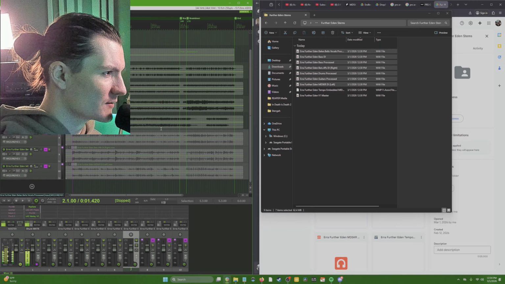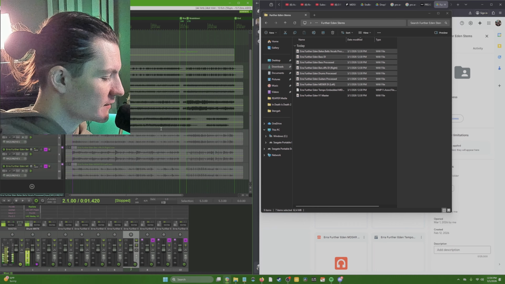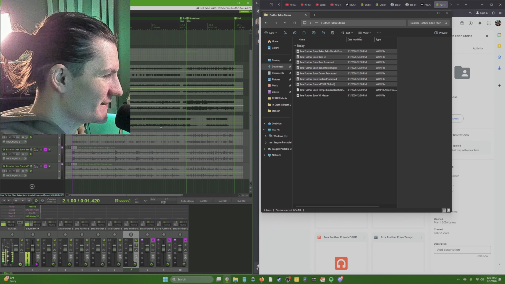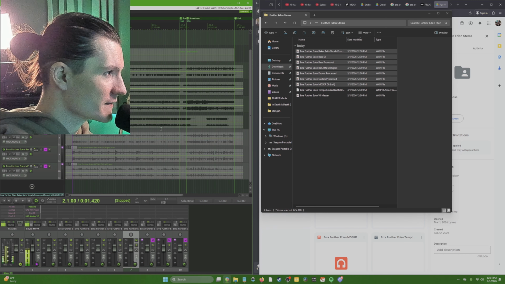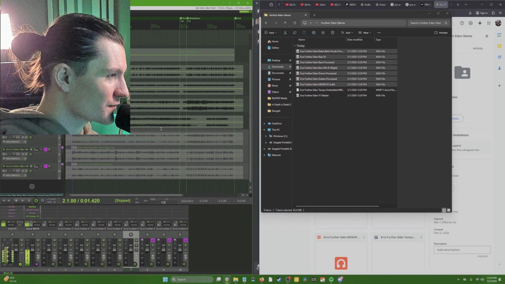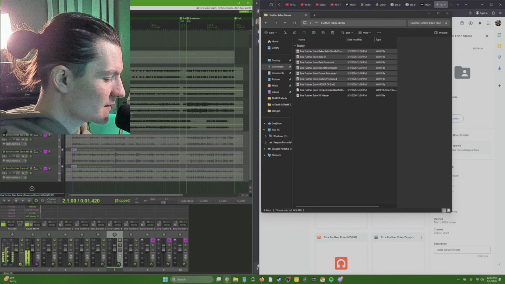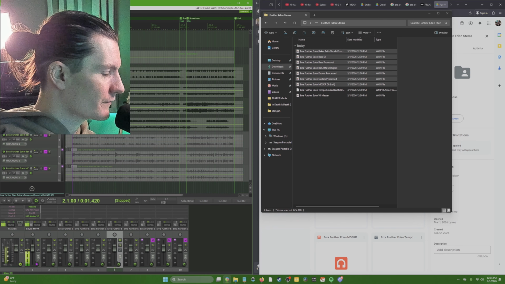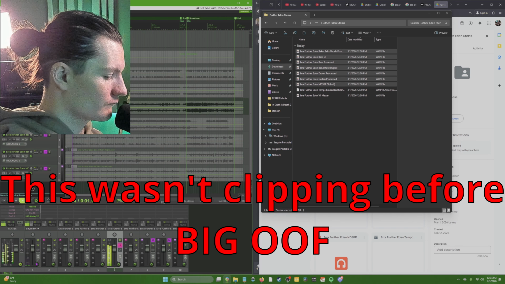So that's what the mix sounds like without any master processing. I usually like to do a good amount of compression, limiting, distortion on my master. So this is a pretty clean bounce of all the individual stems. If you're new to mixing, you can listen to these individually to get a good idea of how the final master sounds. So if I want to solo out the guitars here,